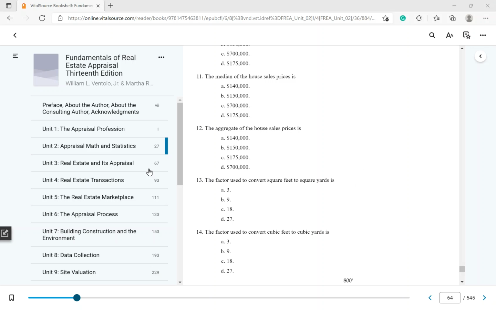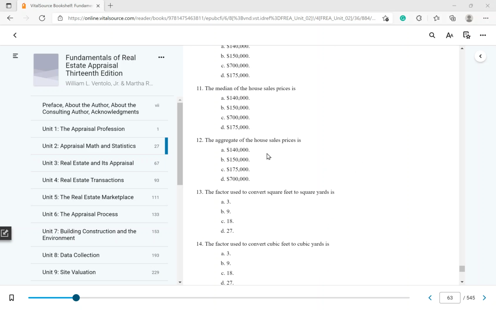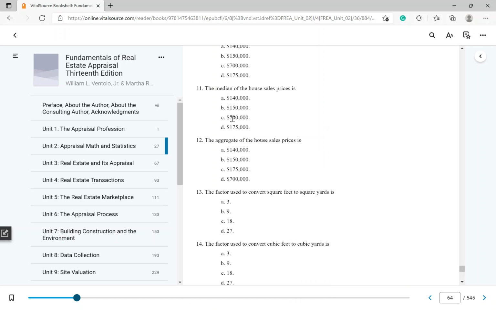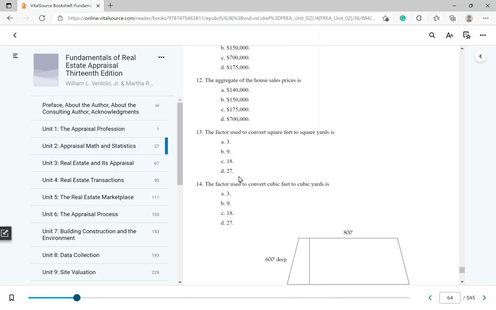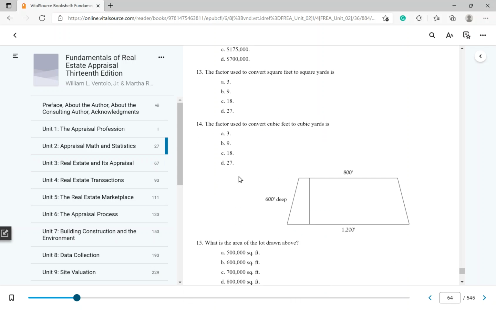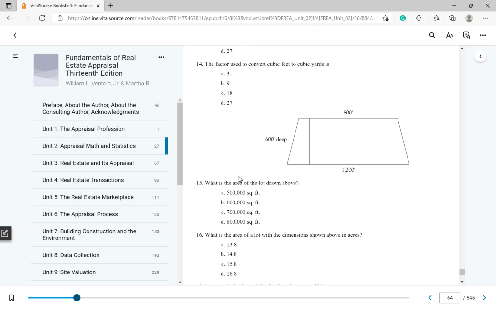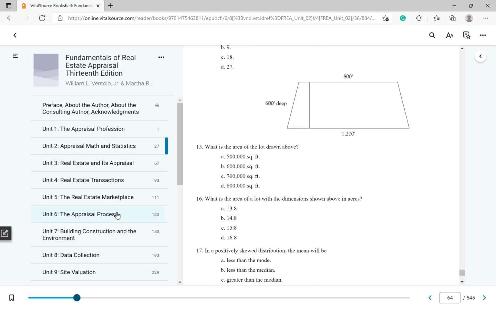So we already did this one, the aggregate of the sales prices. We did that whenever we were doing the average. And what was that number? Well, it's not there, but it was 700,000. Okay. Then we're going to do